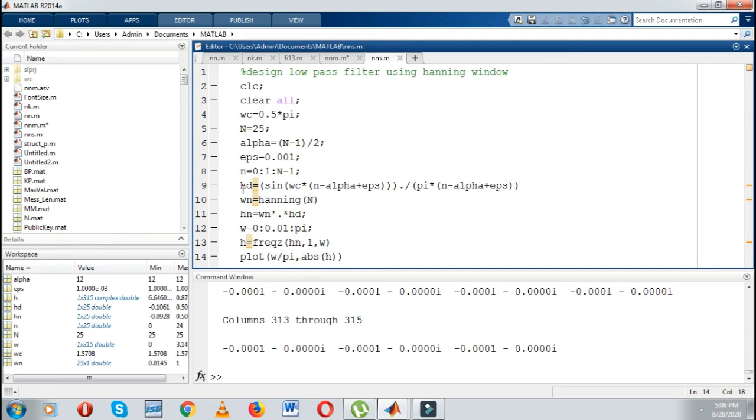Then I have to define the desired impulse response for that low pass filter. Then again window function, then just multiply that, take frequency, then I have taken the frequency response, that is H of z, and simply I have taken absolute of that. So like this you can design a low pass filter using Hanning window.